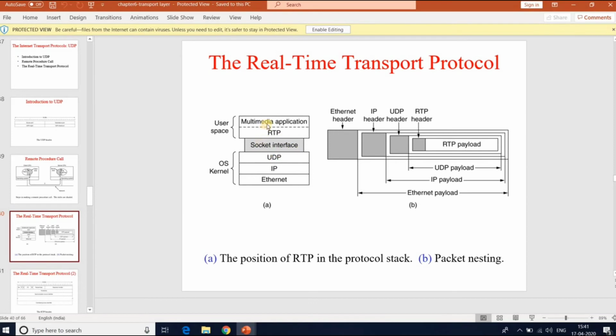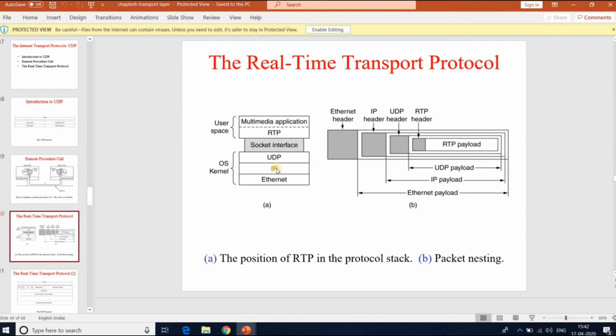Multimedia applications consist of multiple audio, video, text and possibly other streams. These are fed into the RTP library, which is in user space along with the application. This library then multiplexes the streams and encodes them into RTP packets, which it then stuffs into the socket.